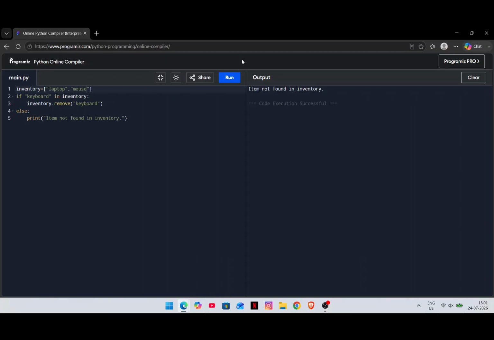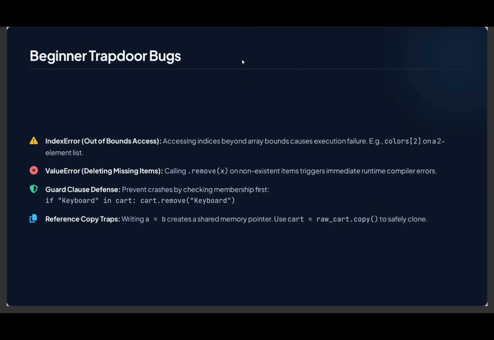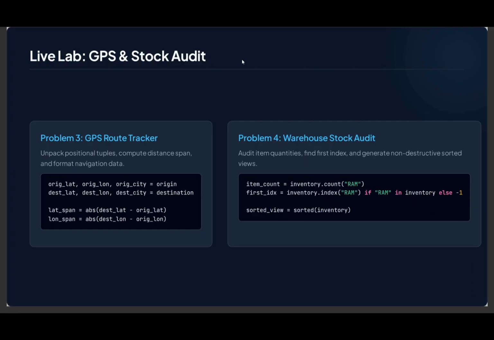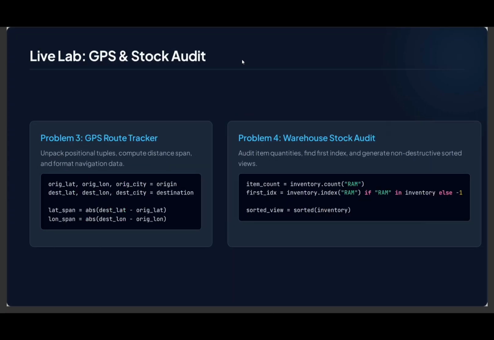Now I have explained all the topics of lists and tuples. Lists are mutable, tuples are immutable. In lists you can use built-in functions like append and pop, but in tuples you cannot. This is the PPT that I've made. There are four problems here. The first one is e-commerce cart manager, the second one is student grade analysis, the third one is GPS route tracker, and problem 4 is